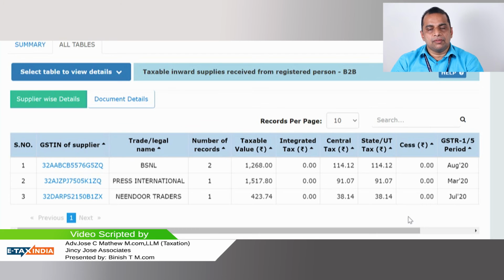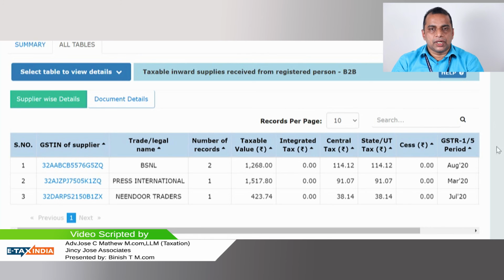You should have a questionnaire in front of you regarding the eligible and ineligible ITCs. Even though GSTR 2B is there, you have to make sure that you are not availing ITC more than the eligible ITC. You have to double check the same anyway.